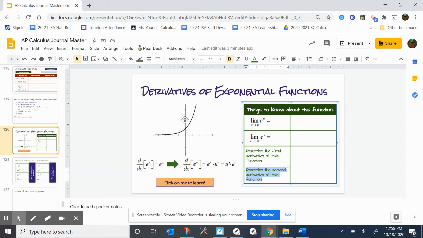Concavity goes with the second derivative of a function in terms of positive or negative. So if the second derivative is positive, then the graph is concave up. If the second derivative is negative, then the graph is concave down, and that goes both ways. So since this graph is concave up, I know the second derivative is positive. It is the slope of the slope. So to describe the second derivative, I would simply say it is positive. The first derivative, you could say positive and increasing, and that's how I know the second derivative is positive. The original function is positive, increasing, and concave